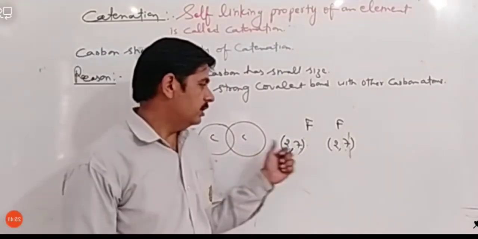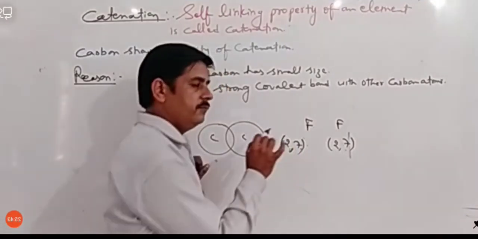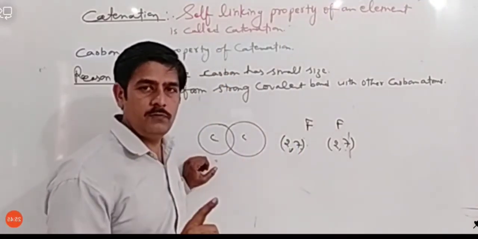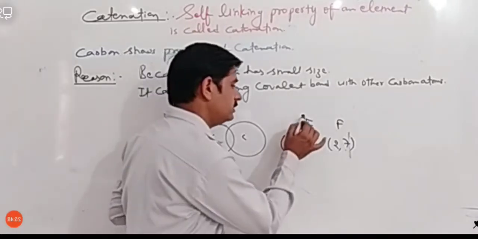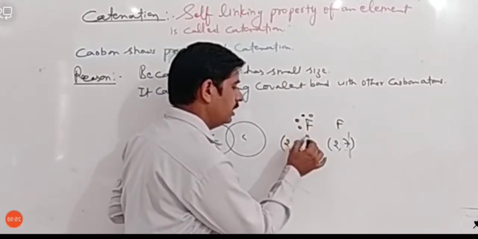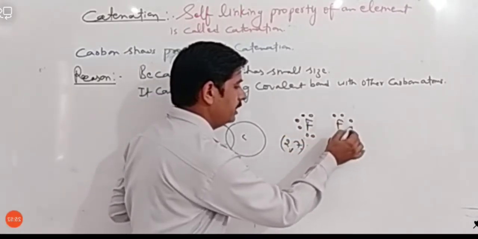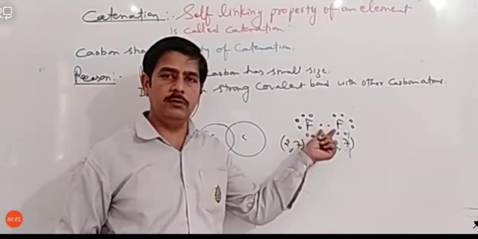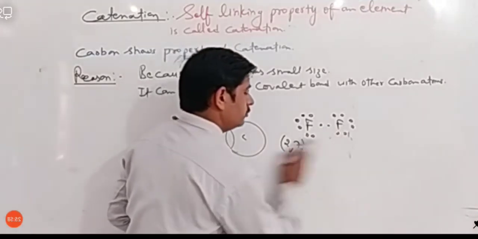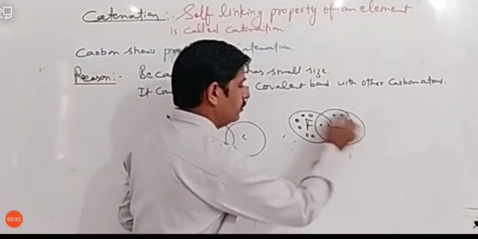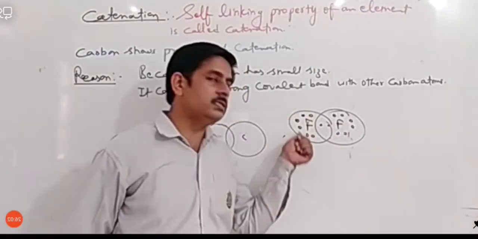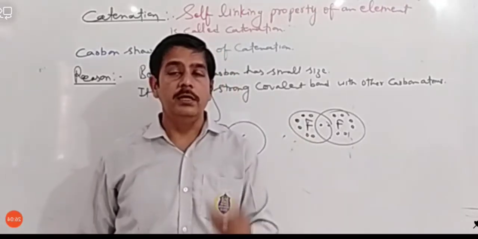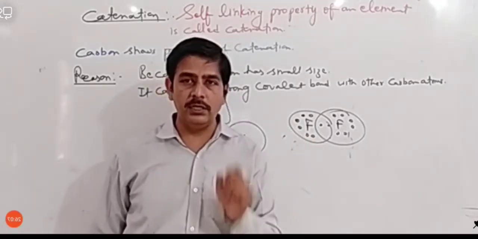So now, if I talk about the fluorine after using 1 electron for bonding, it will have 6 unpaired electrons like this. Suppose it has used a pair of electrons in a covalent bond. इस तरह से इसने electron use में ले लिए using a covalent bond. So now you can see these 6 electrons which are non-bonded, so they can repel each other. ये एक दूसरे को repel करेंगे.